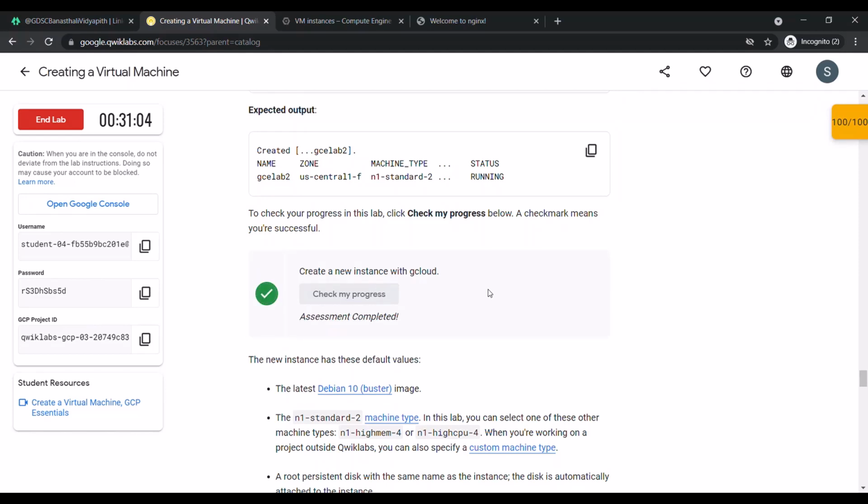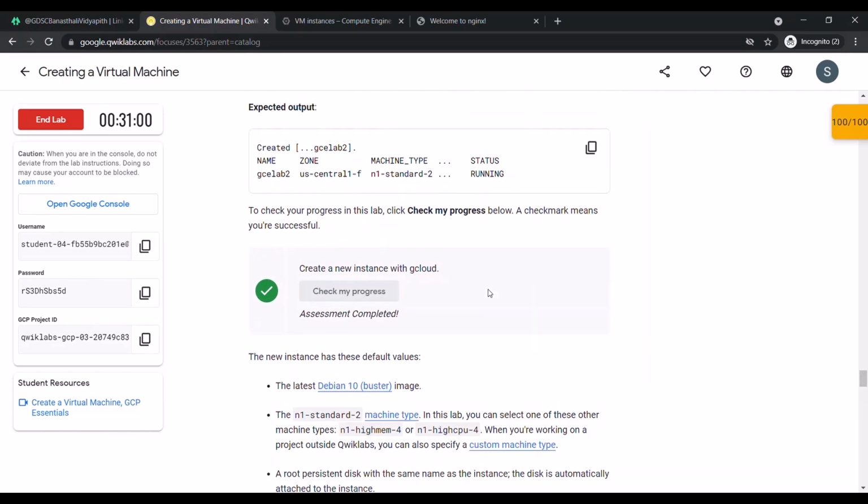Okay, so we have completed all 3 tasks perfectly, and we have got a score of 100 out of 100. You can check in the top right corner where it says that we have scored 100 out of 100. That means you are ready and you can move on to the next labs. If you have scored 85 or 75 or 90, something below 100, that means you need to make corrections in what you have done, because there might be some errors in your procedure. So you need to be very sure that what you do is perfectly correct in order to get 100 points.